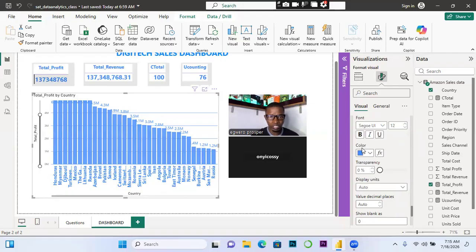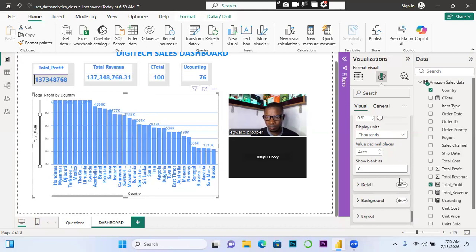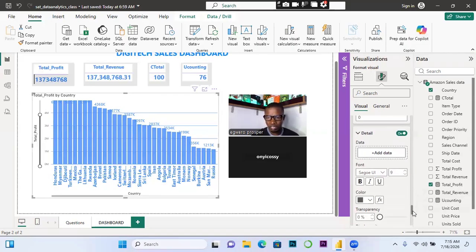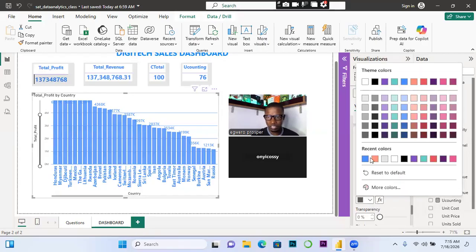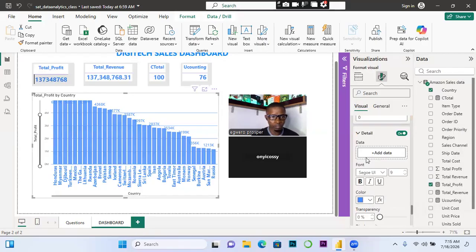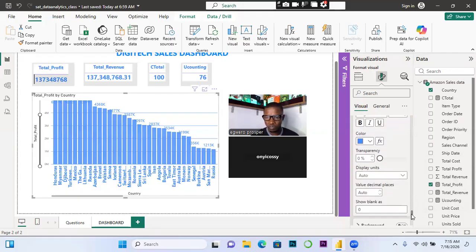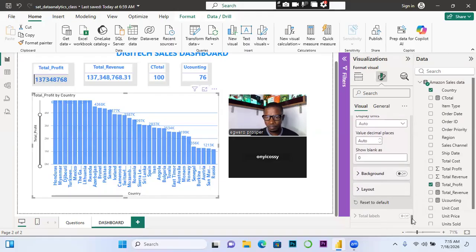All right, so let's say I want to go with this. I think I'm okay with it. So I still have this value to format to align with the color I'm using. So let me go down until I sort that out. Then detail, turn it on. Right, so we want to add detail. What detail do you want to add there? The color, let's see. Let's align it. Watch it. So it's not here. What we are looking for. Dash under